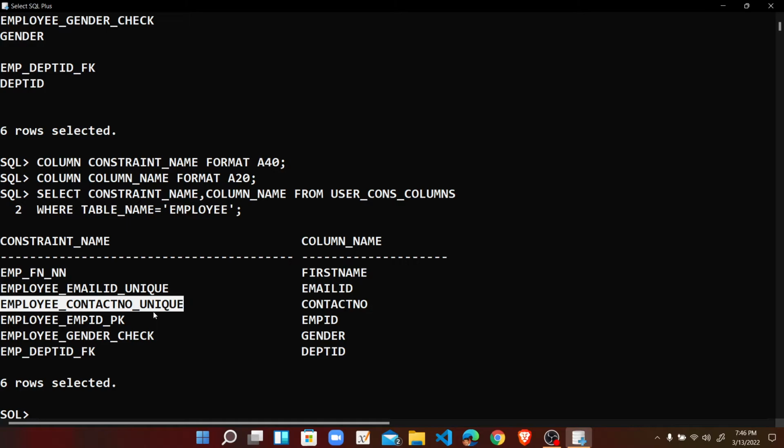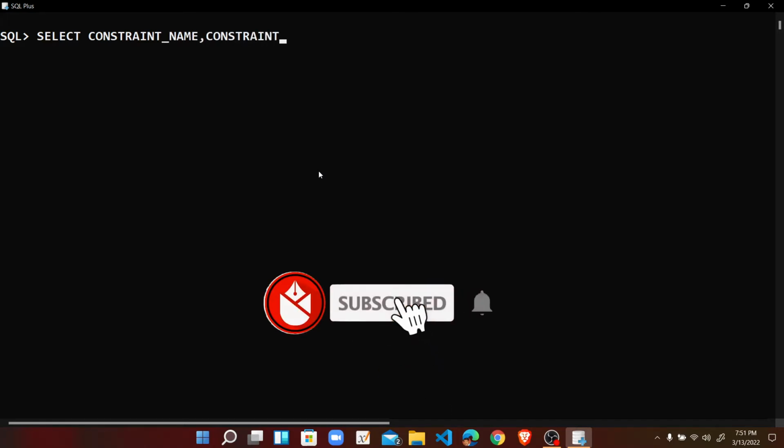Now if we want to enable or disable any particular constraint, we can do it easily, and for that we need the name of the constraint as given here. So at first clear the screen. So at first we have to find out which constraint is connected with which constraint name to disable or enable the constraint, and for that once again we have to type the select constraint_name, comma, constraint_